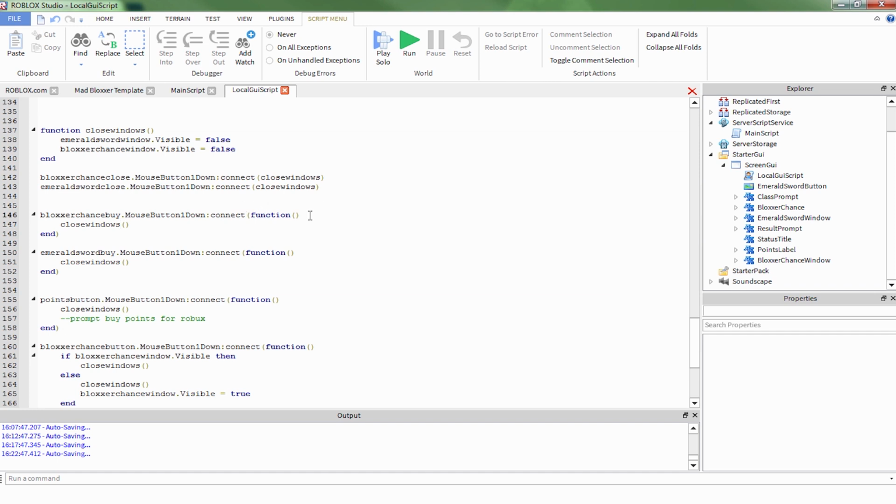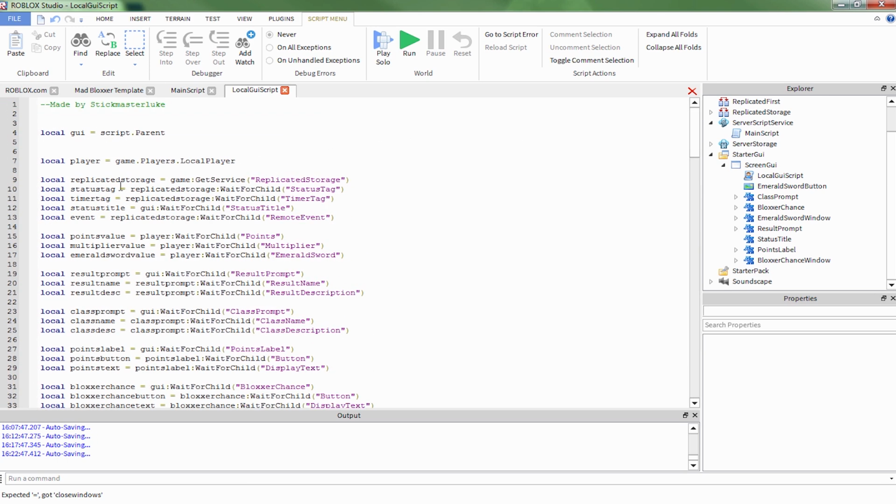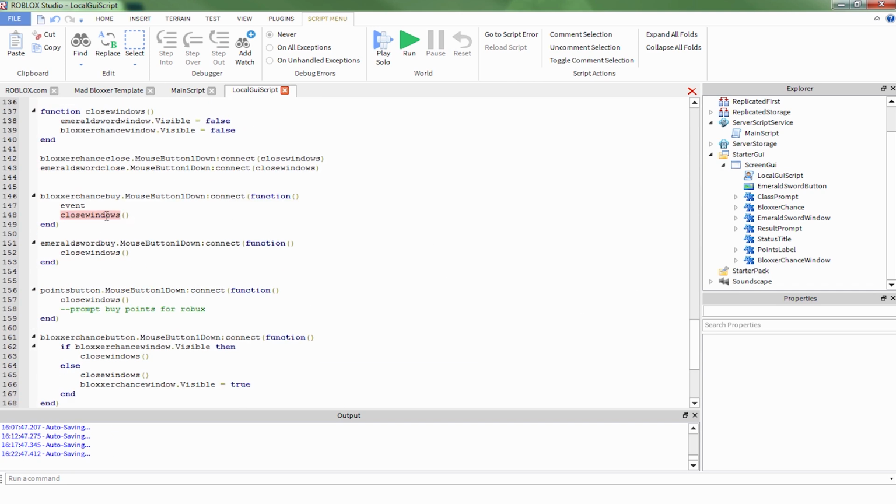Okay, so we're going to fire an event to the server, because the server is going to handle all the logic. The server has all that data, and so pretty much what we're going to send is a message to the server saying, hey, I want to buy this. So, event, I think we have event already defined, because we're listening to it, but now we're going to be telling it to do stuff. So event,